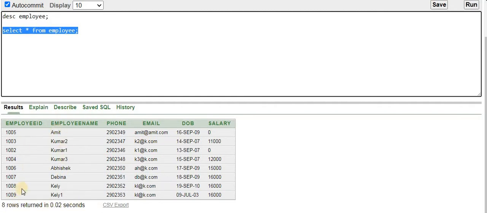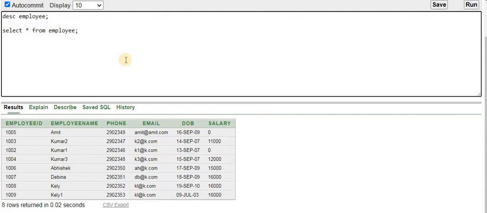That means 8 records are available in this table, with employee ID, employee name, phone, email, date of birth and salary. Now we are going to see how we can use the relational operators to fetch the data from this table.